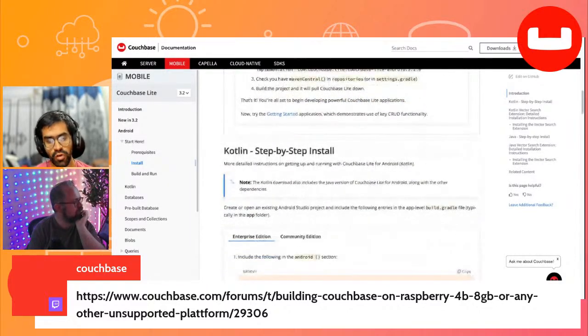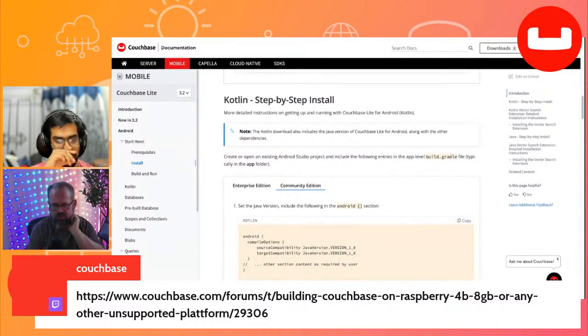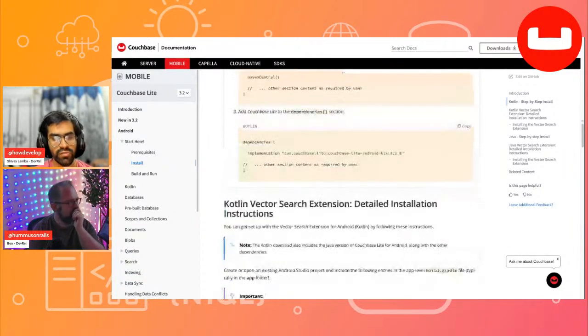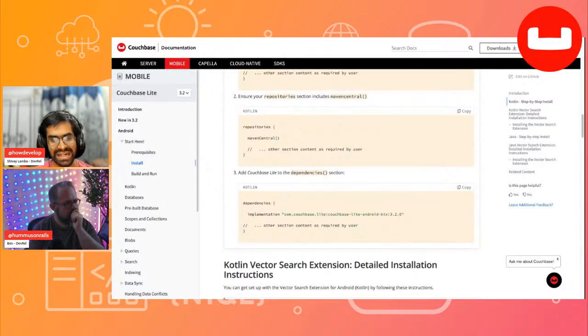And then, of course, you can choose between using an enterprise edition or a community edition of Couchbase Lite. If you're building some projects locally just for fun or for learning purposes, you can basically install the community edition. That's what we will recommend. This involves adding Couchbase Lite to your dependencies section and also entering it under